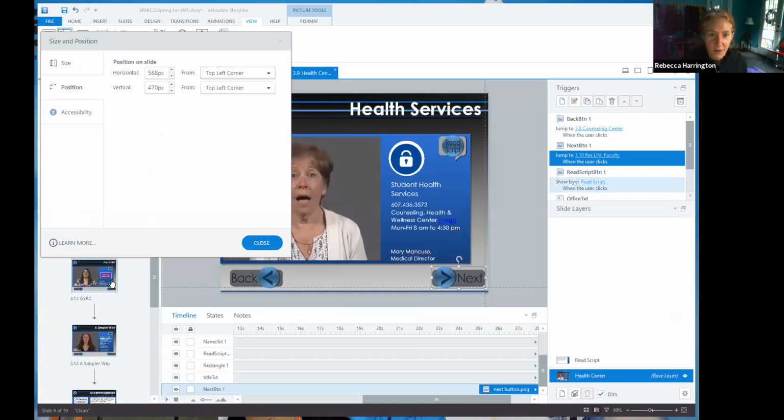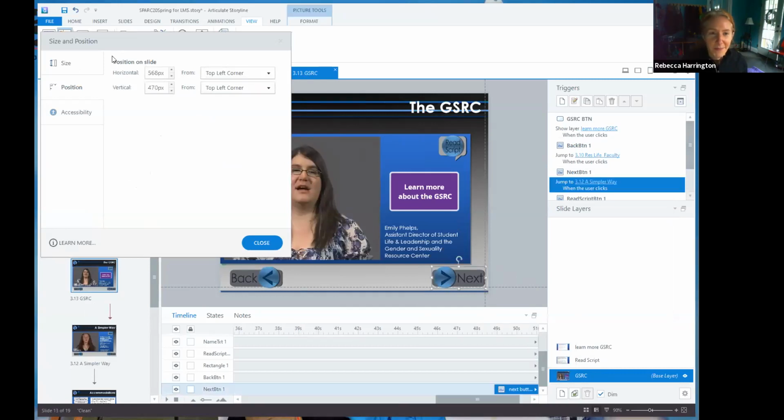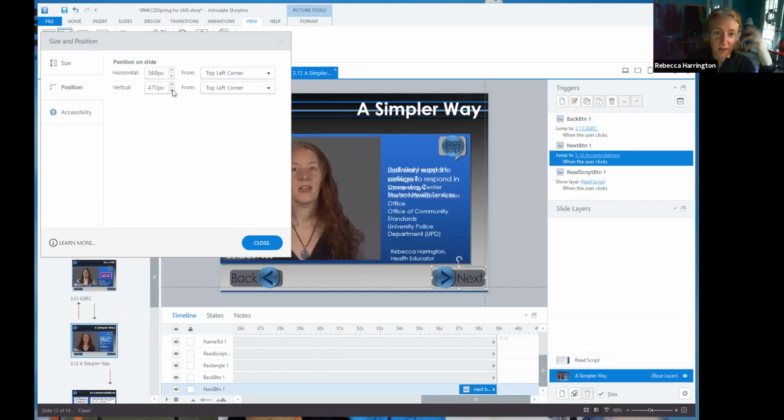If I go to the next slide and click on the next button, this next button is set up at 568 and 470. I would probably just write that down on a scrap of paper, which is what I'm going to do right now because I have a notebook in front of me: 568, 470, because I'm not going to remember that in my brain. I click that next button, yep, 568, 470. So if this was in the wrong spot by a few pixels, now I have that and I don't even have to look where it is. I can just click on it, and it needs to be at 470. I'm going to put it there.